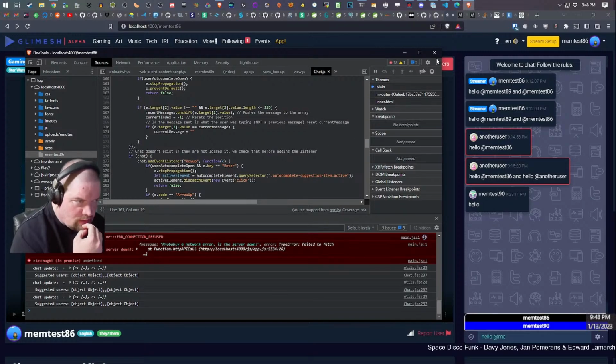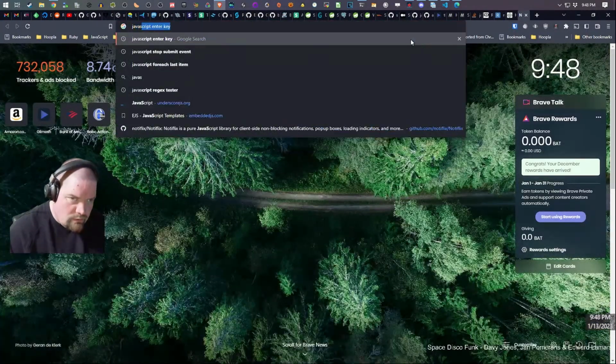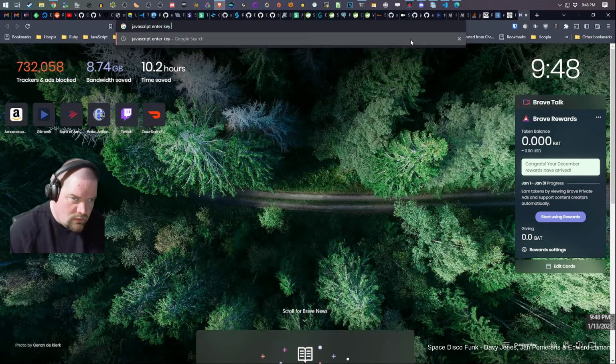Does enter not work with a key up? JavaScript enter key.